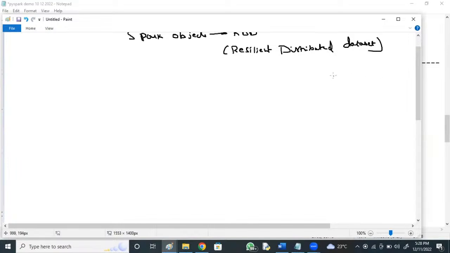Sir, we can use Spark for interactive queries also, right? Yeah, interactive queries also, SQL queries. Spark SQL, separately we have a component Spark SQL. Sir, but you mentioned that we cannot use Spark for interactive. Where?